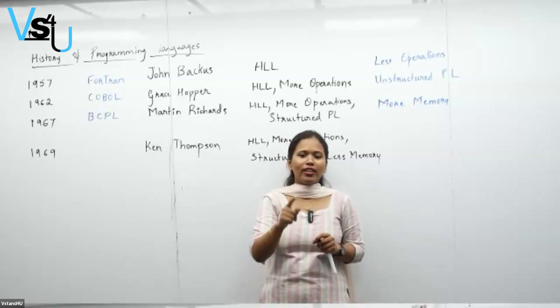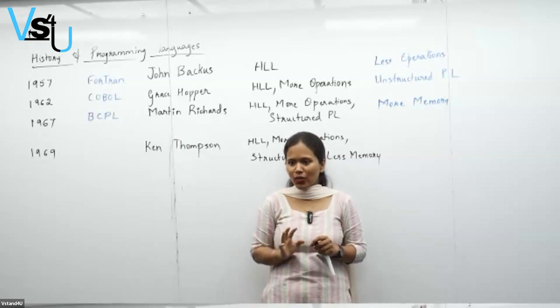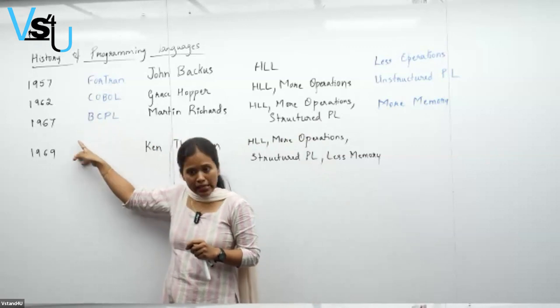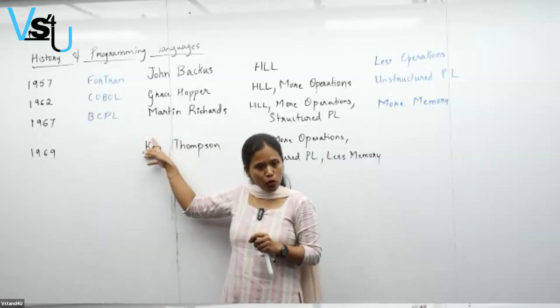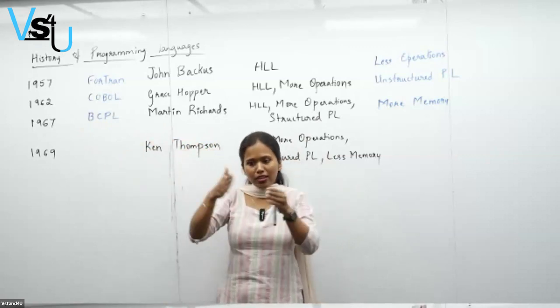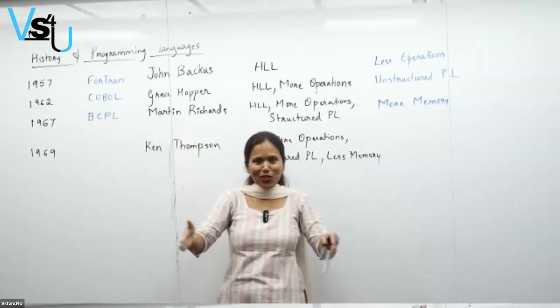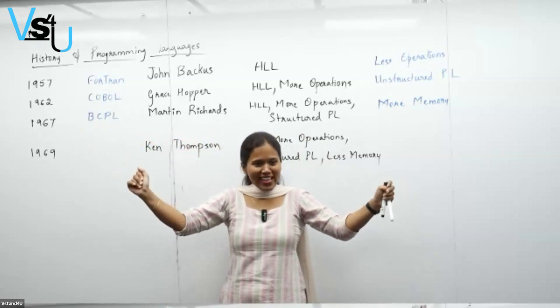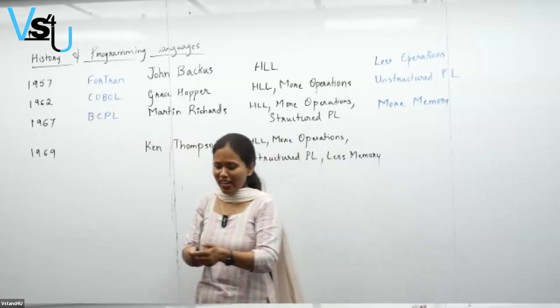Then he got one idea. What was that idea? What is the previous language's name? It is Basic Combined Programming Language. The name itself is so big, so it is also occupying so much memory. So what he did is, he just named his language as